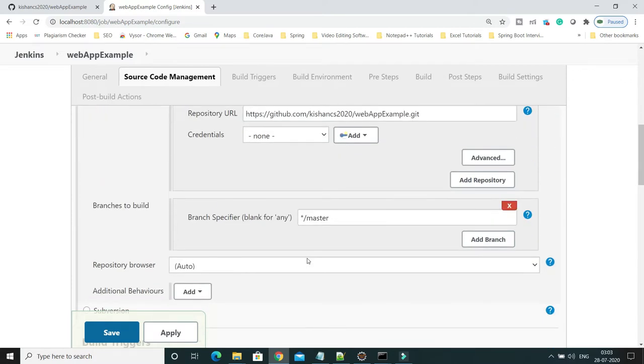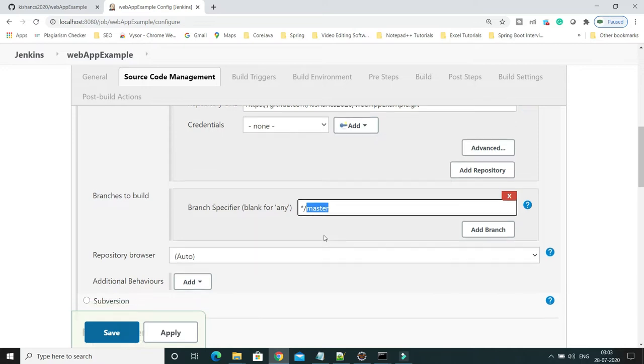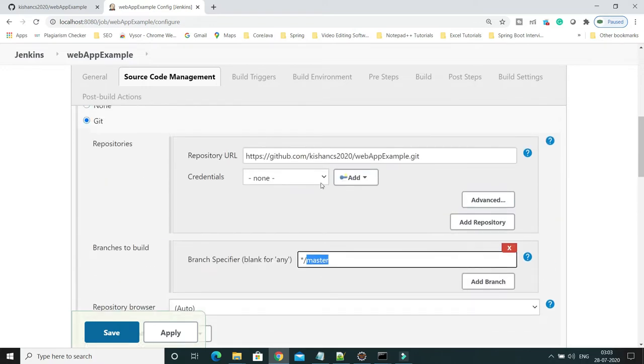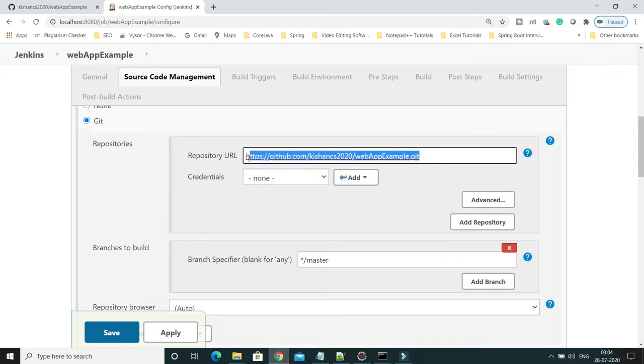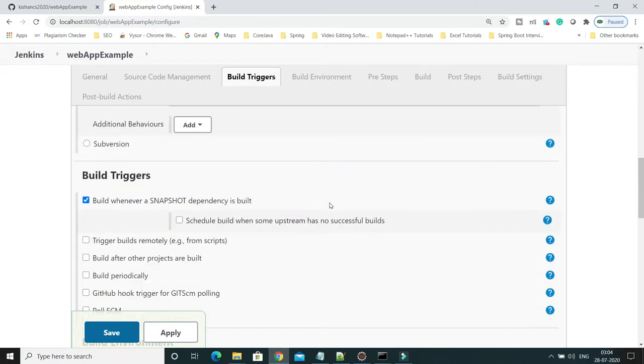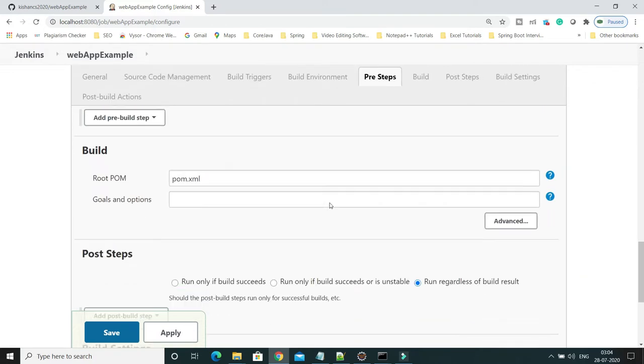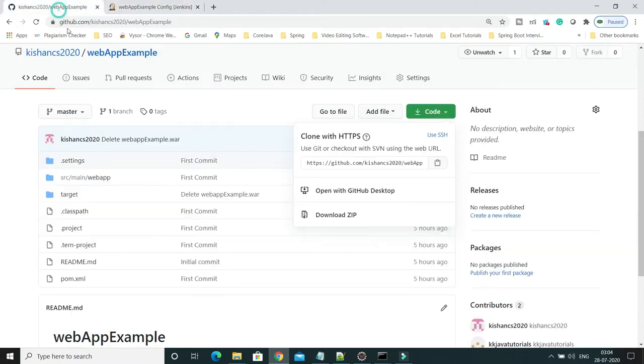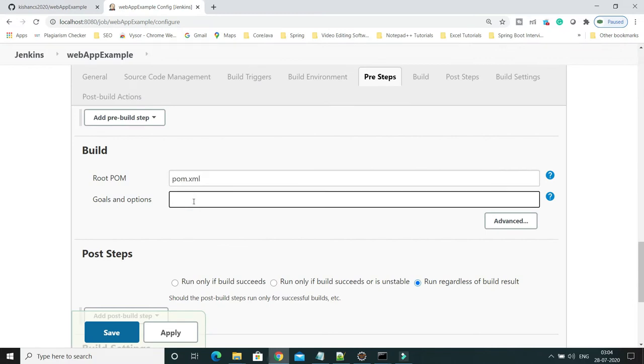Next, I am going to just build the master branch. I have only one branch. I am not going to specify any credential, because this is just a public repository. If you have a private repository, then you need to specify credentials. Now if I come down to the build section, pom.xml is in my root directory, so in the goals section I am going to specify clean package.